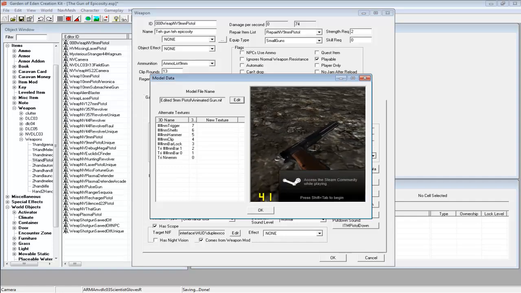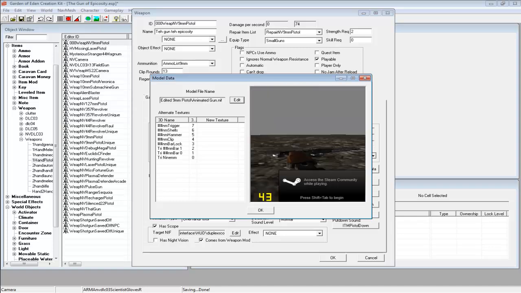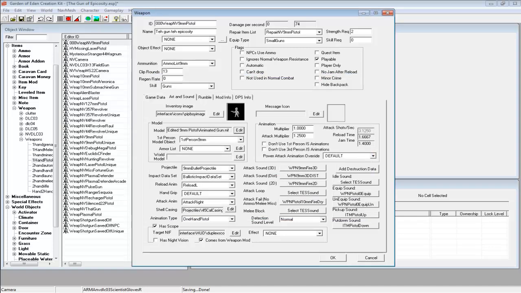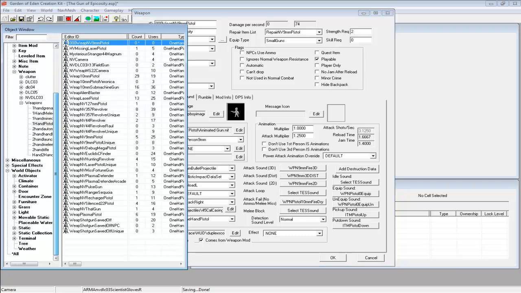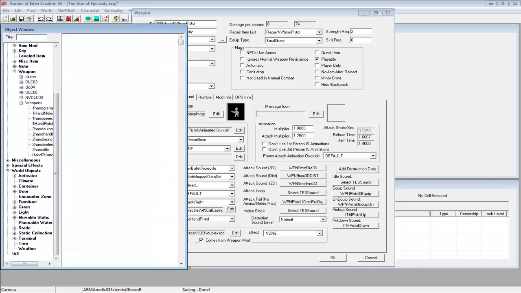Everything's edited that we placed in there. The thing is bigger, the clip is longer, and the barrel is longer. So this is a successful edit, but we're not done yet. Don't click OK. What you want to do is you want to go to Static, and you want to click on